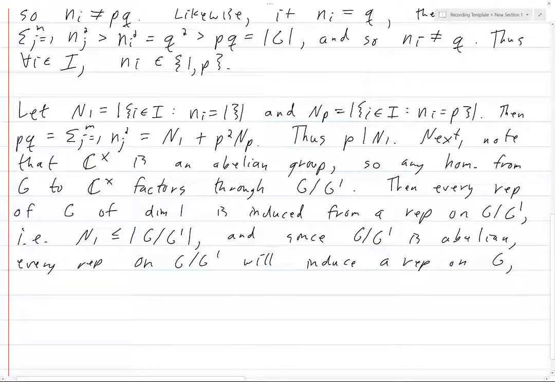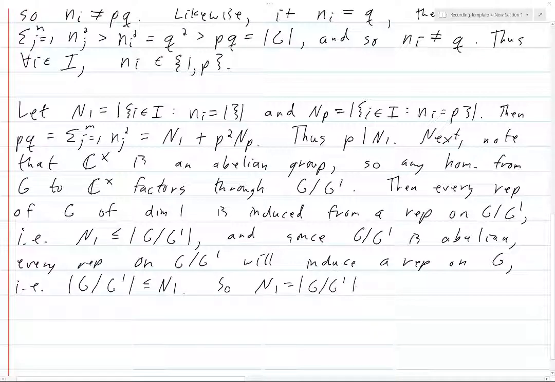So every representation on G mod G prime will induce a representation on G, i.e. the order of G mod G prime is less than or equal to n1. So n1 equals the order of G mod G prime, and thus n1,